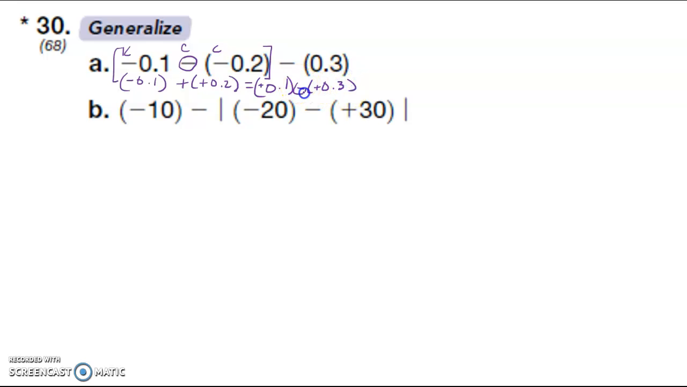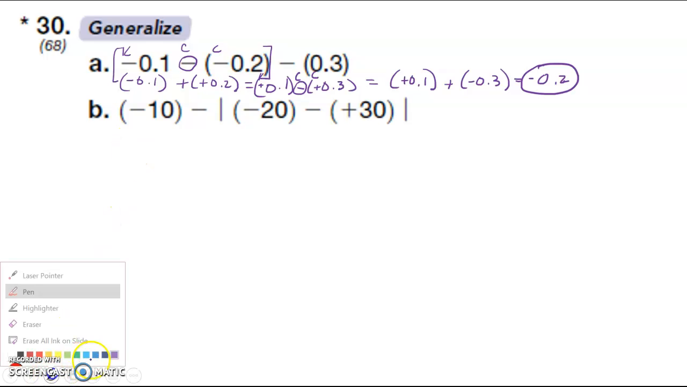Now this is also a subtraction problem, so I'm going to keep, change, change. So this turns into positive 0.1 plus negative 0.3, which ends up being, since they're different signs, we're going to subtract, and we get negative. Alright. So why don't you pause this and try and do B on your own and see if we get